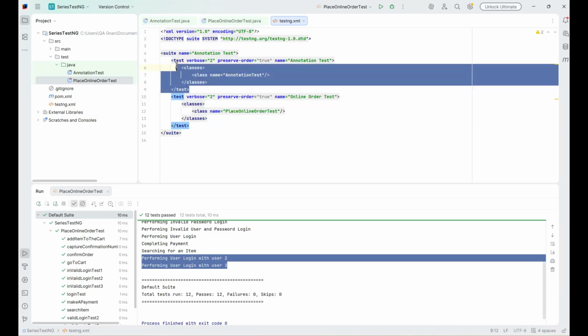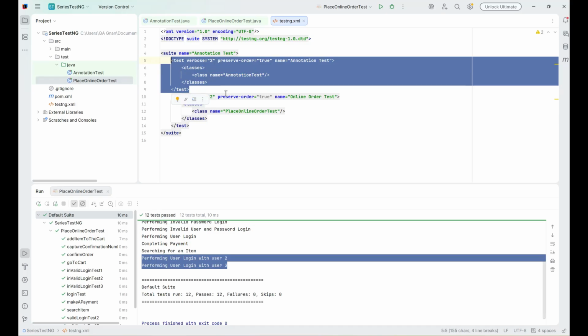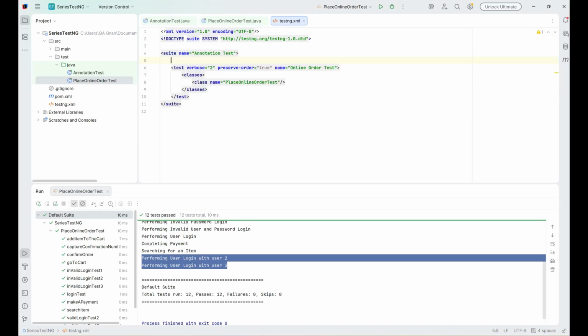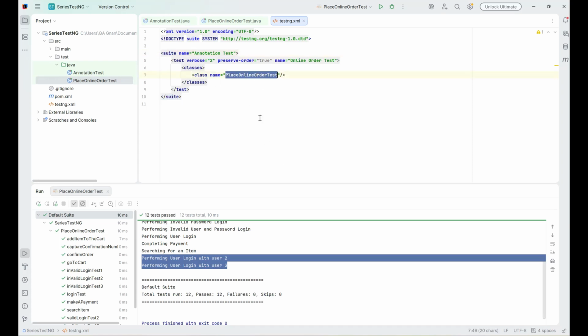So we do not want to run this for the moment, so let us do one thing. Let us comment that one or remove that one completely, as we are no longer going to run annotation test. Okay, so now this testng.xml has only one test, and that test is pointing to our class place online order